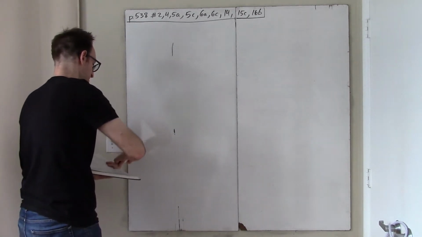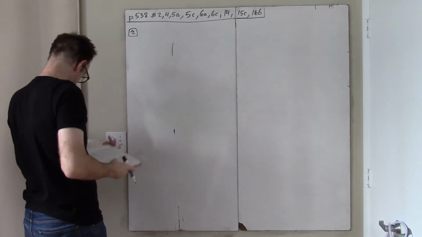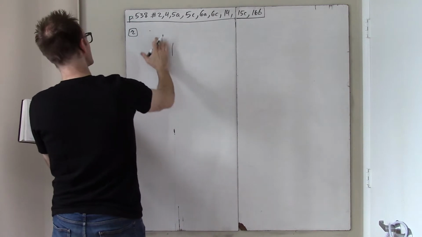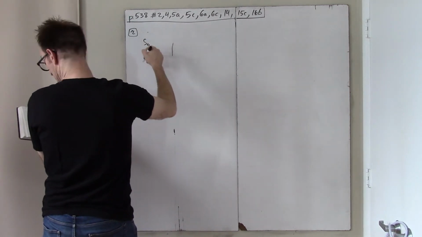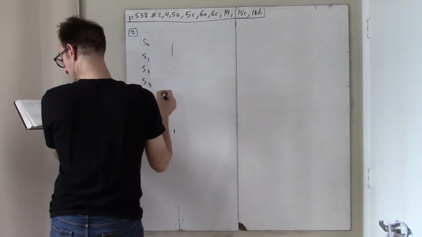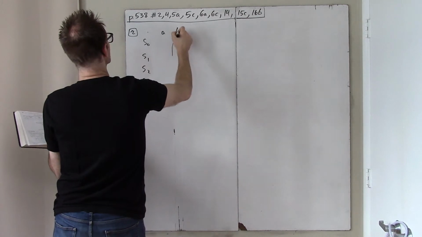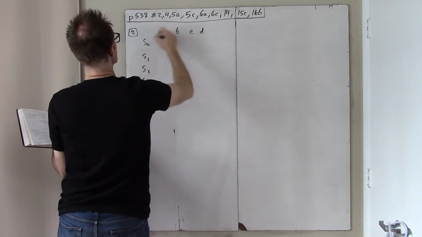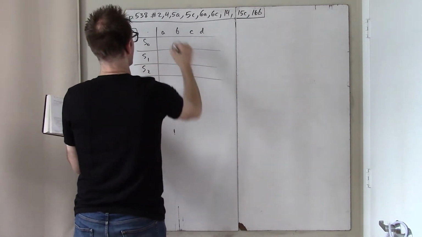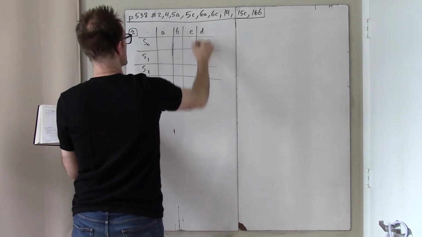Oh, I should have drawn this table before the video started, sorry. Anyway, here it is. I'm almost considering skipping this problem because it's kind of mindless, but I did assign it. There are 4 states, S0, S1, S2, S3, and there are 4 possible inputs. Oh boy. So this is the table, and I guess this is a good opportunity for us to talk